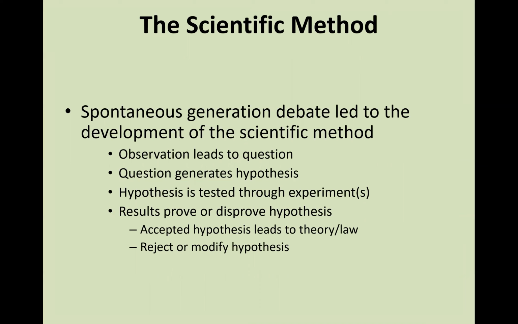If you've taken other biology courses before, you have heard about the scientific method several times. What this is going to do is start with an observation. You have to see something, and then you're going to have a question behind it. So, you notice something about this physical world. You have a question about it, and then you're going to basically answer the question with a hypothesis.